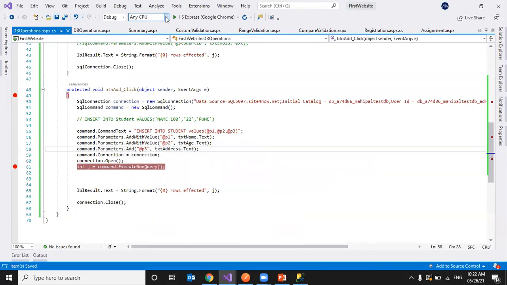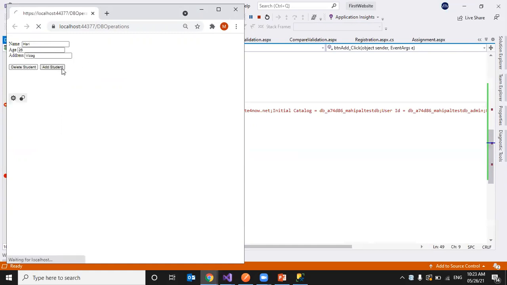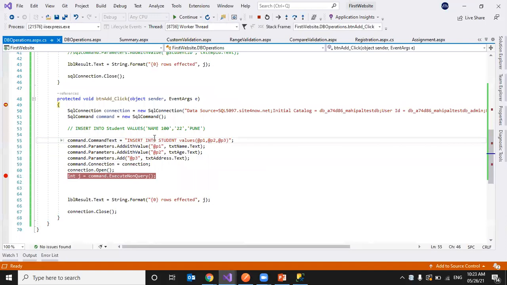Now I'll run and check. Will it work or will it throw any error? I'll enter some name, Harry, age 26, city Vizag. Now clicking on the add button. Let's see.